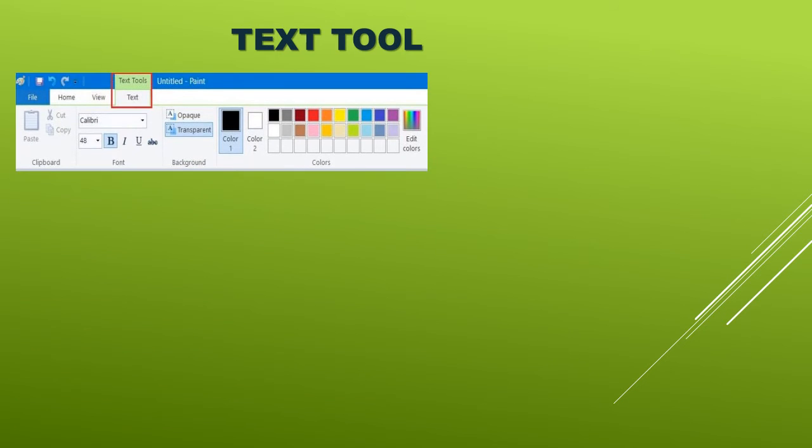See, when you open the Paint window, you can see text in the tools section. Under that you can see the font style. Calibri is on the right monitor. You can select any font style by clicking that arrow, and you can select the size of the font and style also. Then you can select the color of the letters you are going to type.